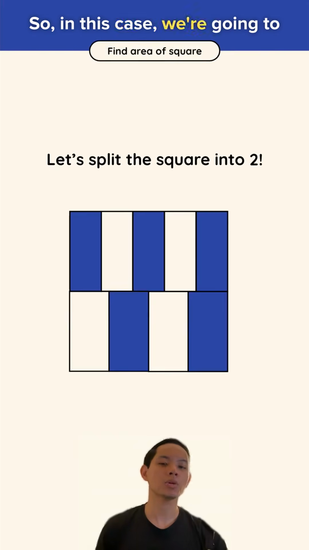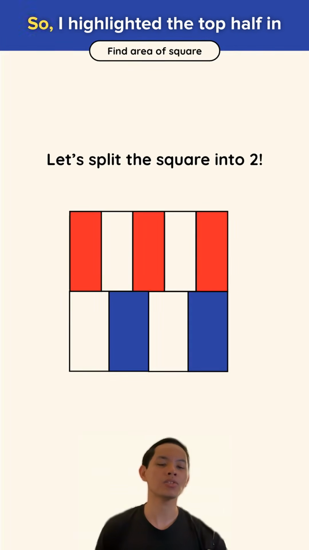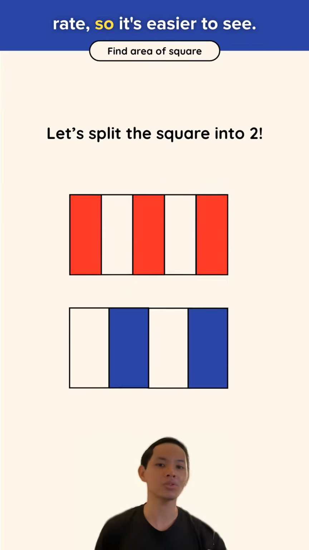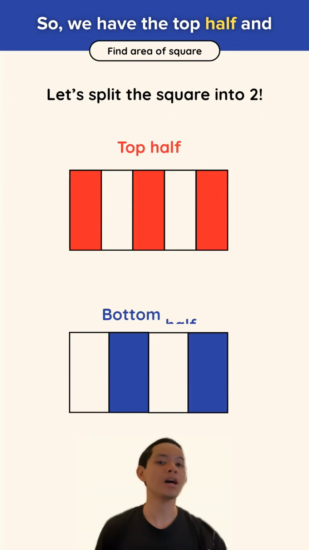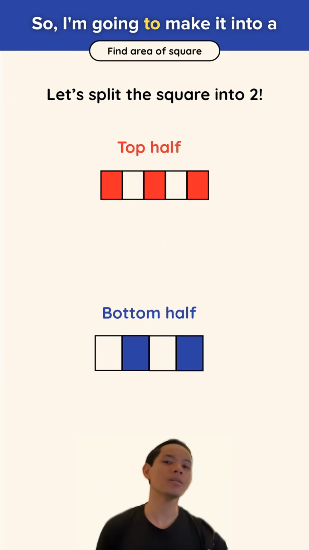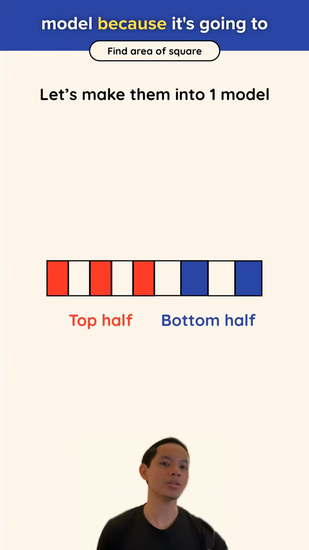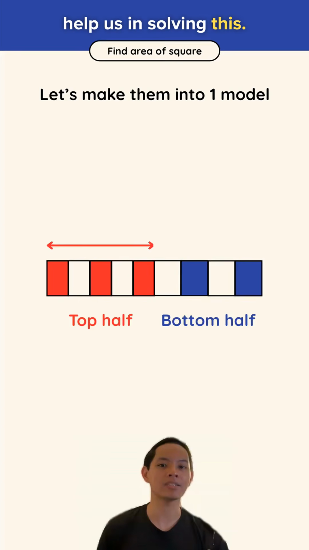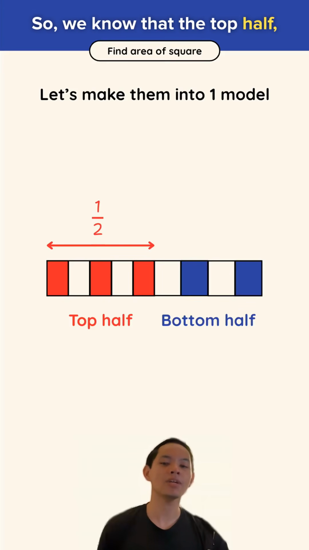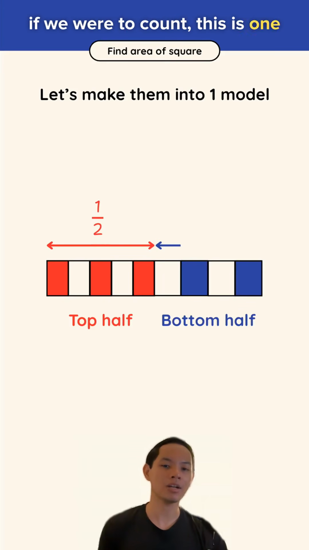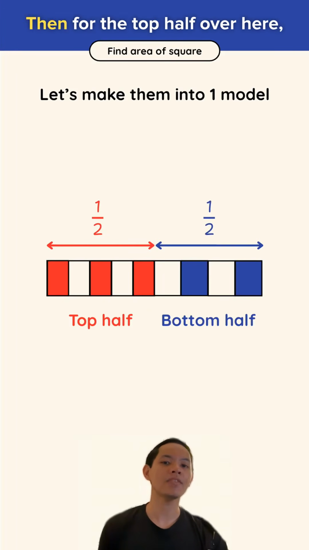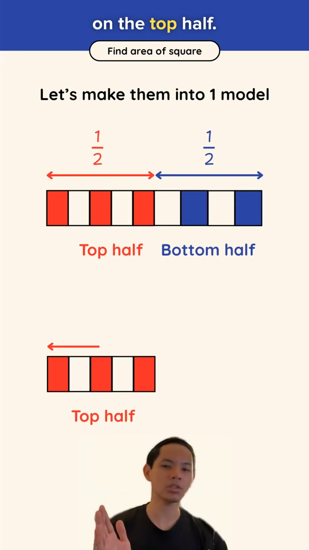So in this case, we're going to split the square into two parts. I highlighted the top half in red so it's easier to see. So you have the top half and the bottom half. I'm going to make it into a model because it's going to help us in solving this. So we know that the top half, if we were to count, this is one half, this is the other half. Then for the top half over here, if we just focus on the top half, we